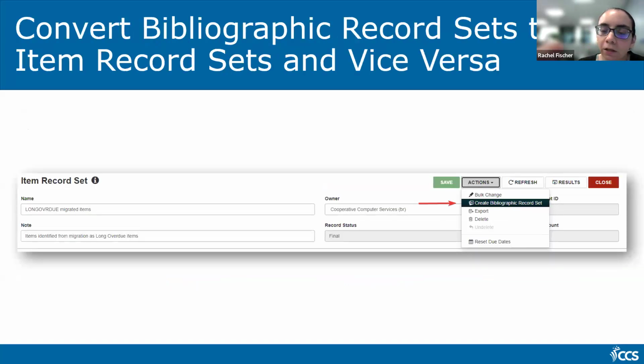And there is another option within record sets. You can convert the bibliographic record sets to item record sets and vice versa. So this is under that Actions drop-down menu on the top. You can see that there's the option to create the bibliographic record set from the item record set. So I've personally found this useful